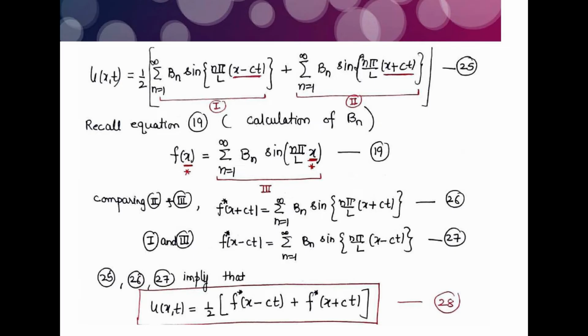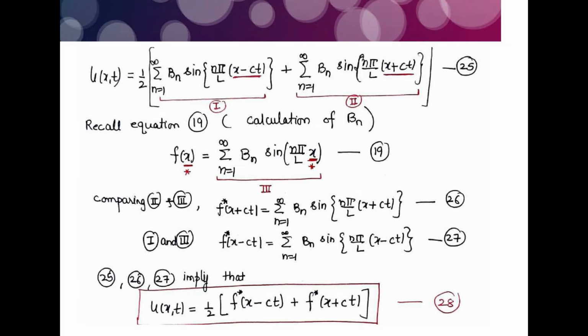Now see carefully the second summation term in equation number 25. We have summation over n from 1 to infinity of bn sine(n pi over L times (x plus ct)). So comparing expression number 2, and I am calling the expression on the right hand side of equation number 19